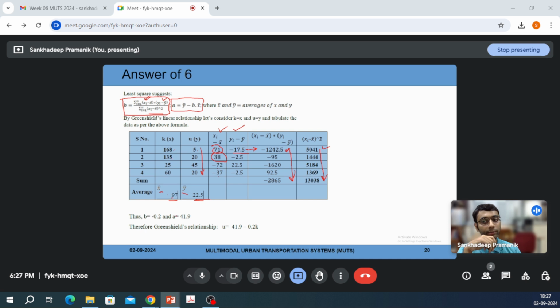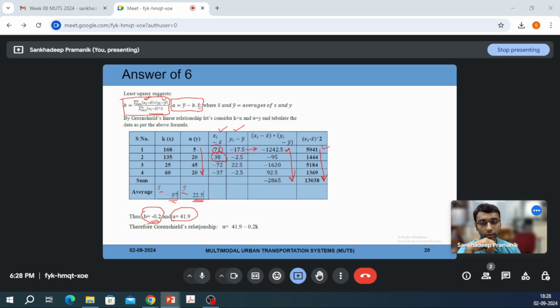So you will ultimately get b as minus 0.2, and for a it is y bar minus b into x bar. So y bar you already know, and x bar also we know, and b value we already got, so it will come as